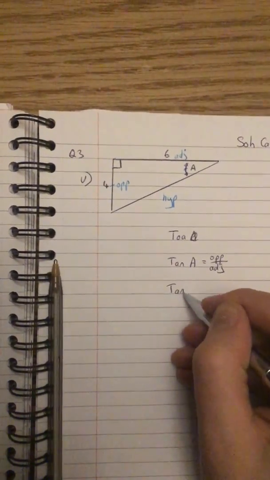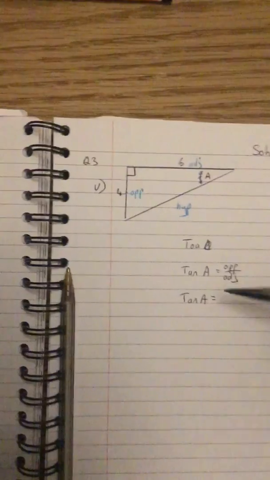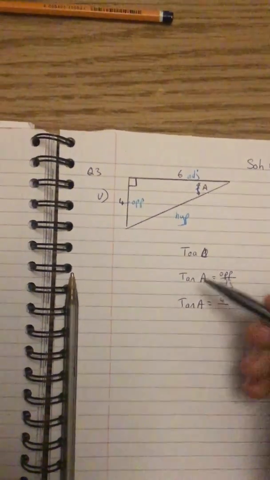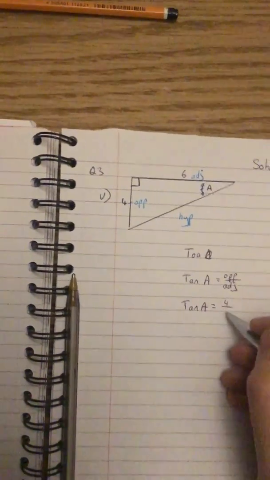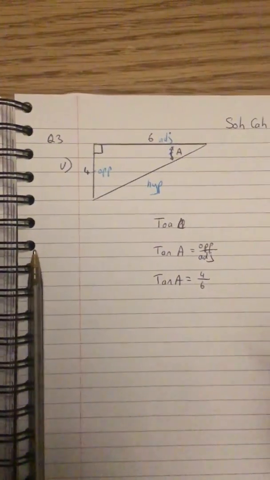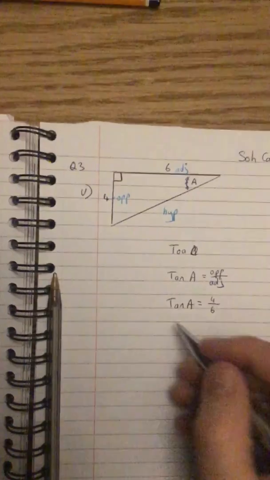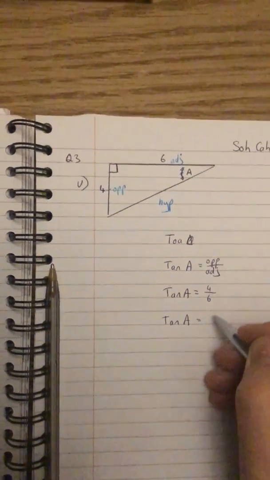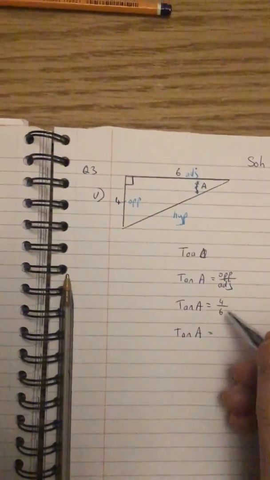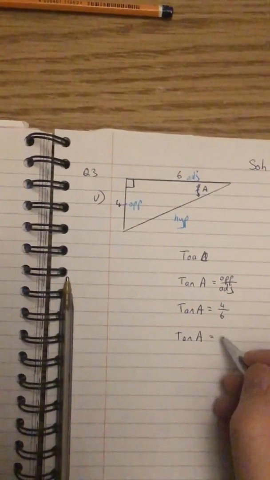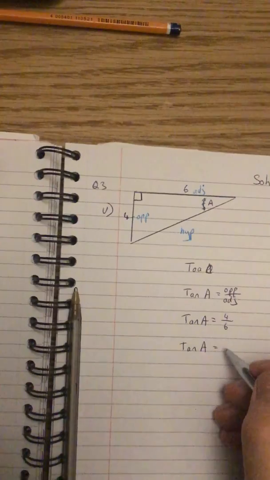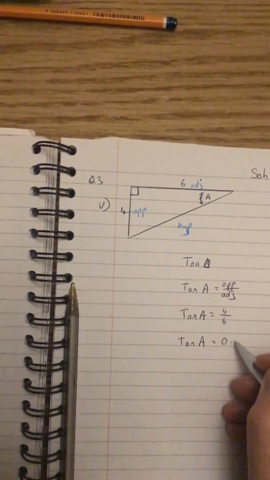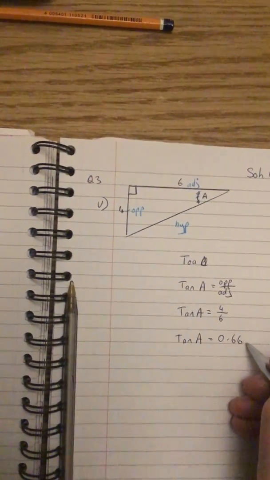Next step is going to be again tan of A is equal to, well, my opposite is here, it's 4, and my adjacent is here, it's 6. So far I'm just filling in what I know. I'm going to go down and say tan of the angle is equal to 4 over 6, which can be narrowed down to 2 over 3, which can be brought down again to 0.66,